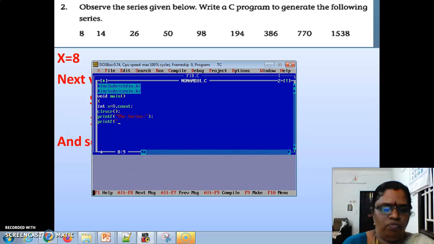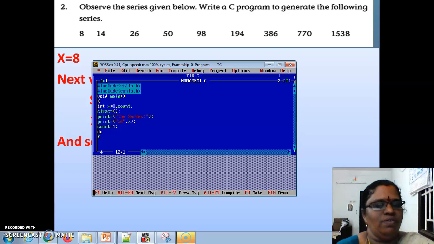So printf %d, comma x. We are going to print the x here. So first is printed. So count is equal to 1 now. So do the same like Fibonacci, we'll try it.